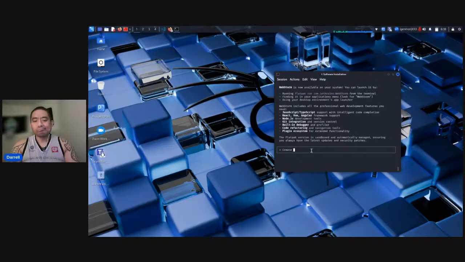So let's create an AI agent in a chat interface. Oh, and I also installed Ollama onto this operating system.